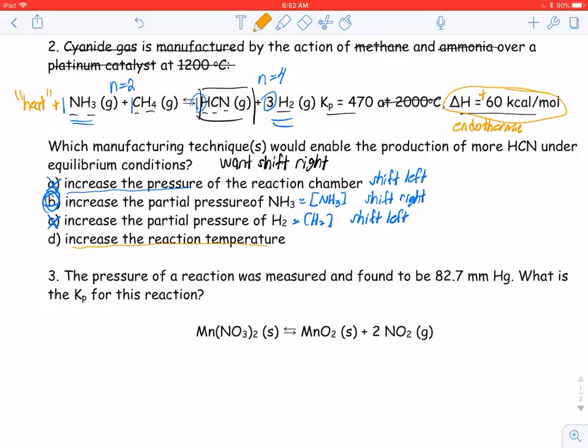If we increase temperature, that's the same as adding heat. And think about heat as a physical substance here that can only be added to one side of a chemical reaction. It's not correct in a physical sense, but it helps us think through the process. So if we add heat to the left side, we shift away from the increase. So it's going to shift right. Again, if we shift right, we make more HCN. So that would indeed increase